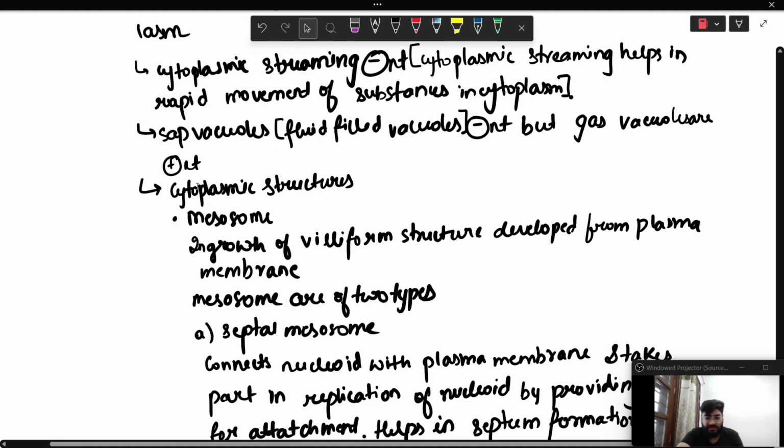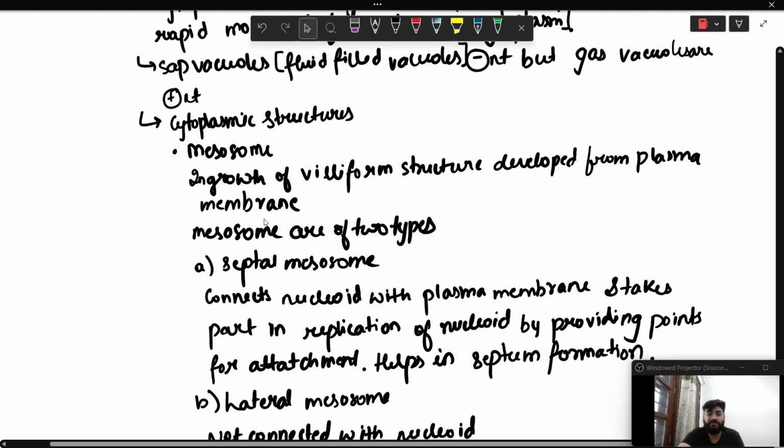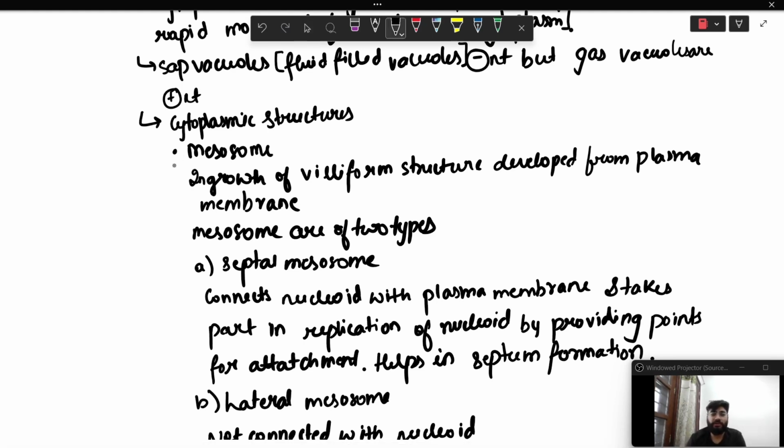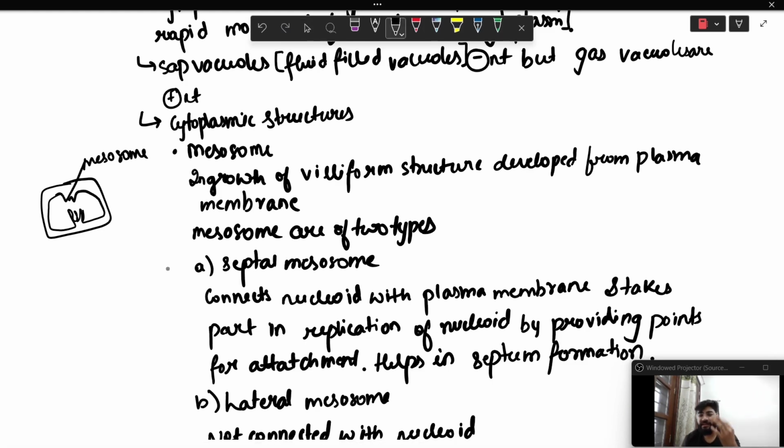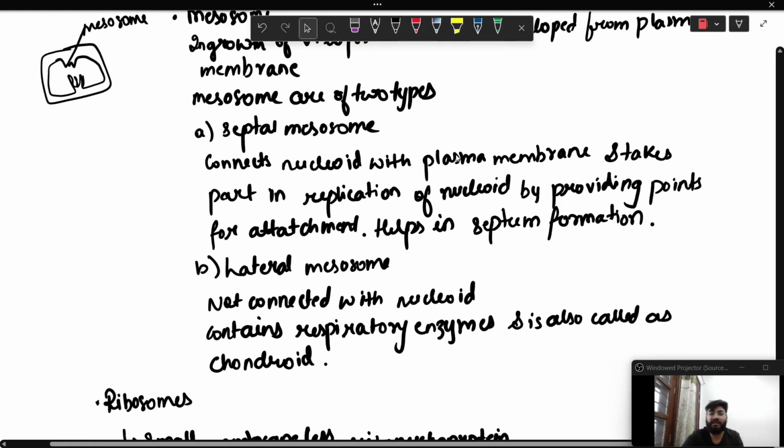There are cytoplasmic structures inside the cytoplasm made up of plasma membrane. Mesosome, as we already talked about, is this structure that is present. Mesosomes are villiform structures, finger-like projections developed from the plasma membrane. Mesosomes are of two types. One type is the septal mesosome. It connects the nucleoid with the plasma membrane and takes part in replication of the nucleoid by providing points for attachment, and helps in